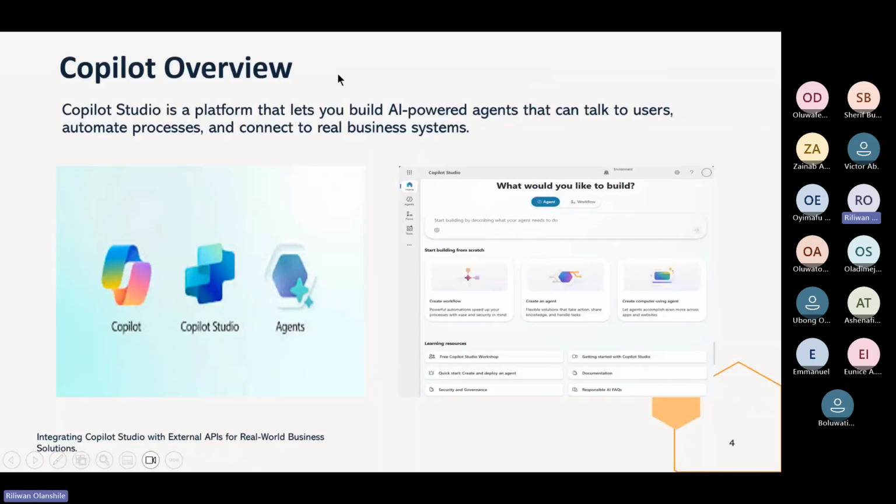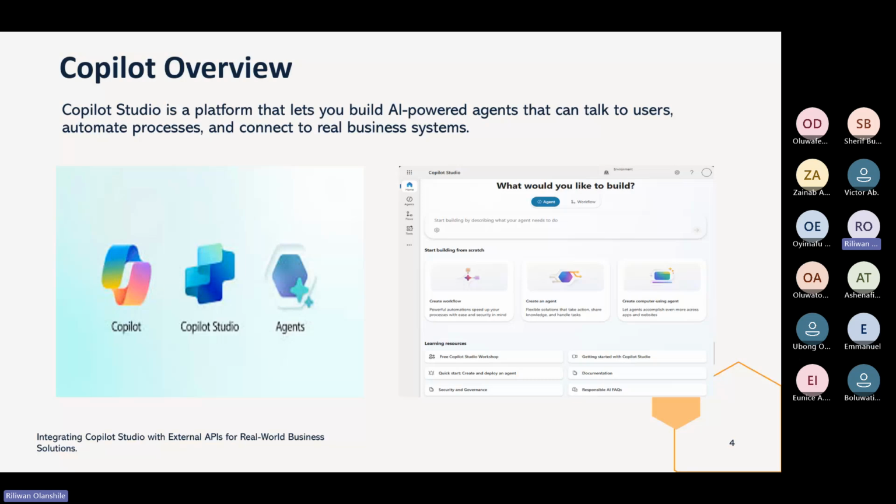Copilot, right? A majority of us here are already aware of what Copilot Studio is. It is a proprietary product of Microsoft. Other OEMs also have whatever they call theirs, like AWS, Google, IBM Watson, and the likes of them, so they all have different names. But for AI as it relates to the Microsoft ecosystem, they call it Copilot. I don't want to be giving you definitions, because anybody can find definitions online.